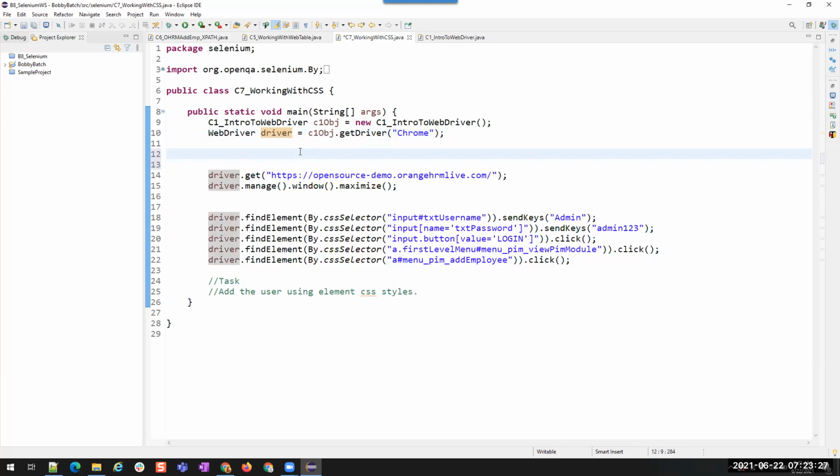So wherever you are using this driver object, that wait will be applicable. That is implicit wait. You are not applying any conditions. You are just telling the driver to wait, without specifically mentioning that it should wait for this element, for this particular page to load, or for this drop down to display. We are not mentioning those kinds of conditions. Implicit wait means we are just mentioning the timeout time, and wherever the elements are not found, this implicit wait will be automatically applied. That is implicit wait.